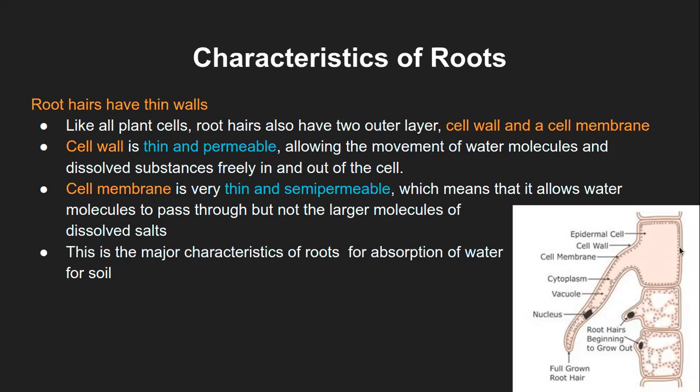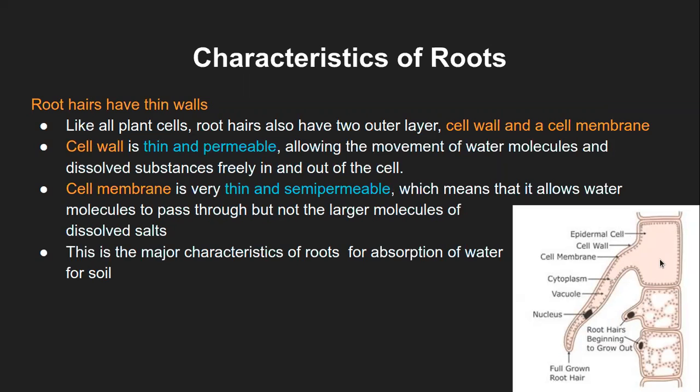Now there is this diagram shown at the bottom, which is of the root hair structure. You can see this extension of the hair-like growth on the root, that is the root hair, and this is at the beginning stage, where the root hair is yet to grow and is beginning to grow. This is the fully grown hair that is being shown. It will have a nucleus, a large vacuole, and of course the cytoplasm, and then two layers, the inner one being the cell membrane and the outer one the cell wall, and these will be the epidermal cells, the outermost layer of the root, and that way it will keep on growing.